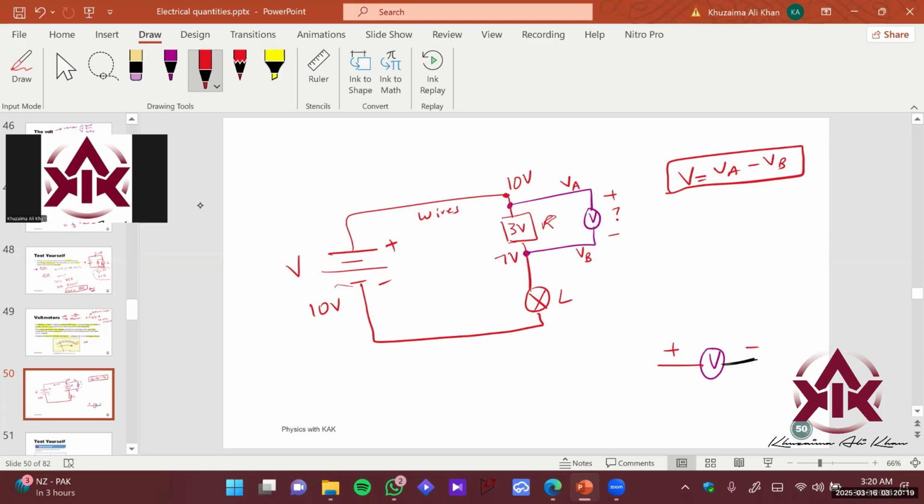It does this difference over here. You can see VA was 10 volts and VB is 7 volts. So how many volts are dropped across the resistor? That is 3 volts. This is the potential difference across the resistor. So this is saying the resistor is consuming 3 volts of energy,